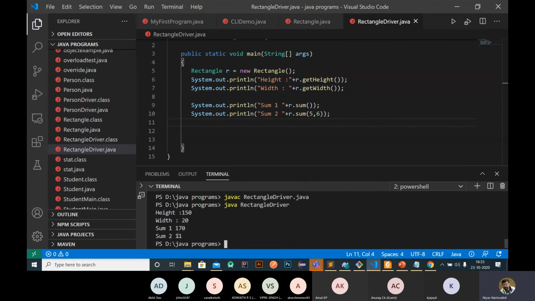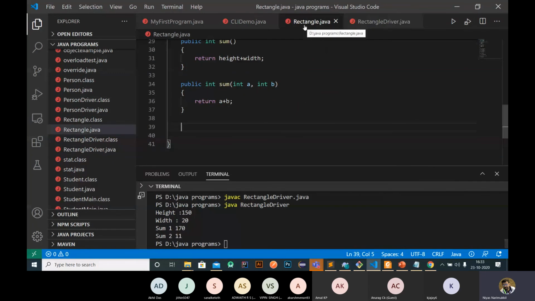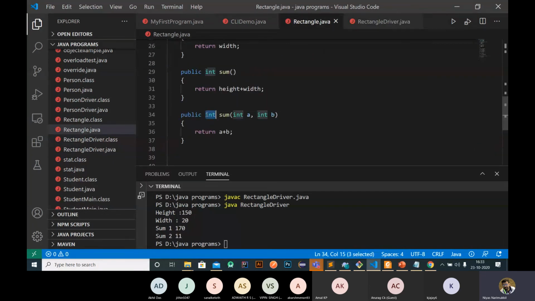So sum 1 is 170, sum 2 is 70. So in case of method overloading, the return type needs to be different.